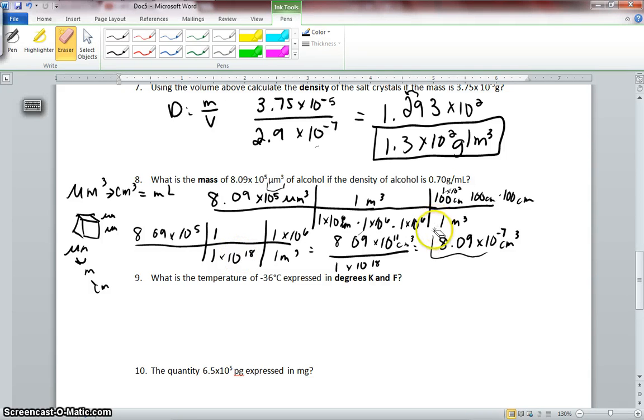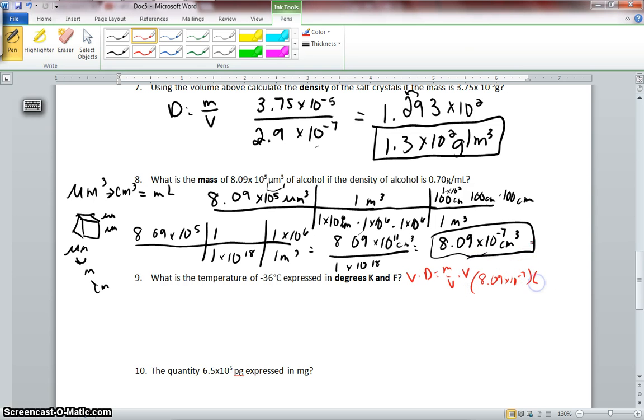Alright, so we are going to go ahead and use this in our density equation, and I'm going to do it in a different color so that you know it's the second part. So we have density is equal to mass over volume. Times volume to both sides, so then we can get mass by itself. So we're going to have 8.09 times 10 to the negative 7th